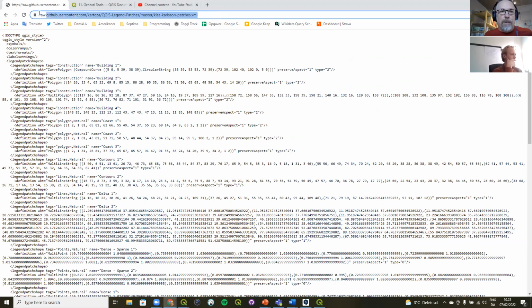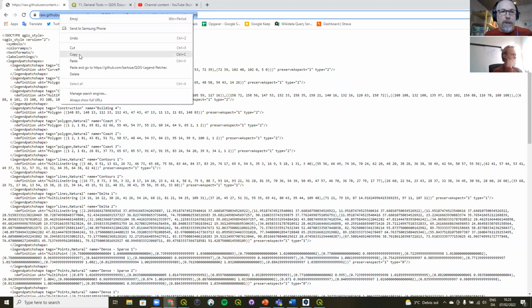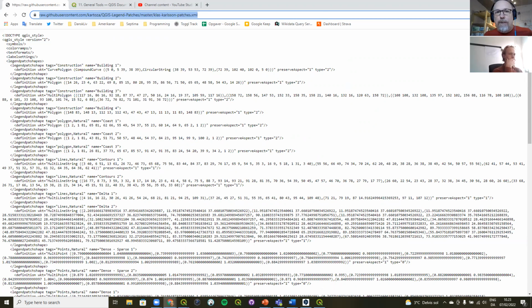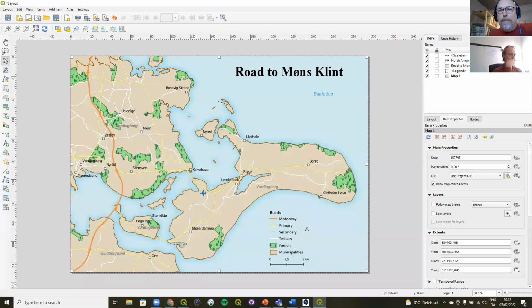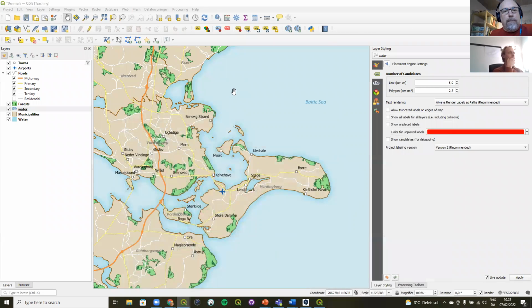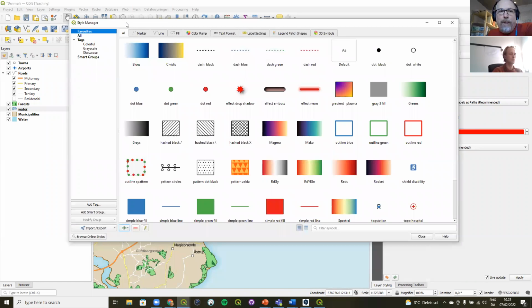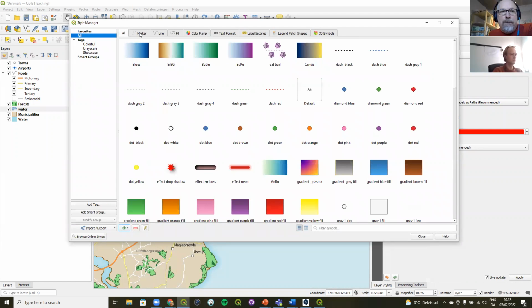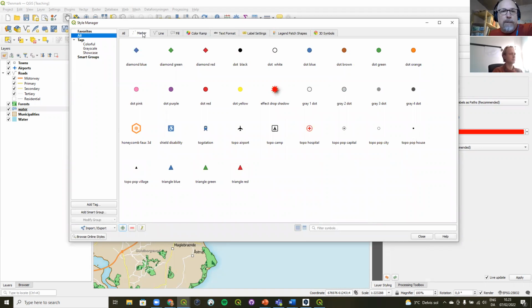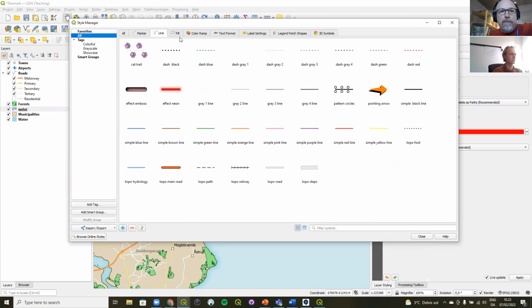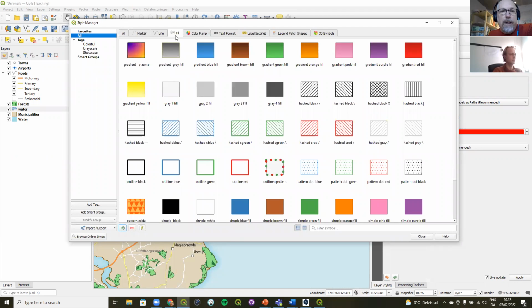And we're going to just copy and paste this URL for this XML document into the style manager of QGIS. So I copied that link. I'm going to bring up the main QGIS window again, and I'll open up this style manager, which is this button right here. So with the style manager open, if you haven't used this, there are tabs for point, which are called marker symbols, line symbols,